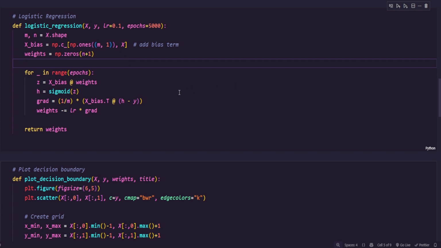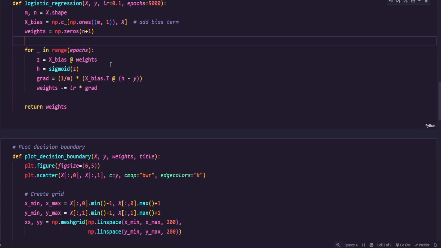Now comes the training loop. We repeat it for the number of epochs, which is basically the number of learning cycles. Inside the loop, we calculate z = X_bias @ weights. This is just a linear combination of inputs and weights. Then we pass z into our sigmoid function to get probabilities h. Next, we compute the gradient, which tells us how to adjust the weights in order to minimize the error. Finally, we update the weights using gradient descent. After repeating this process many times, our model learns the best weights, which we then return. So in short, this function is teaching our logistic regression model how to separate the two classes by finding the best